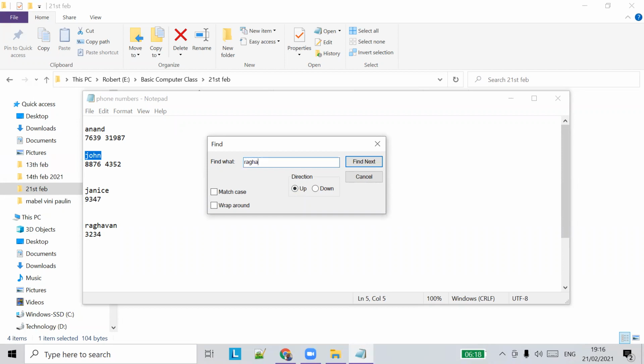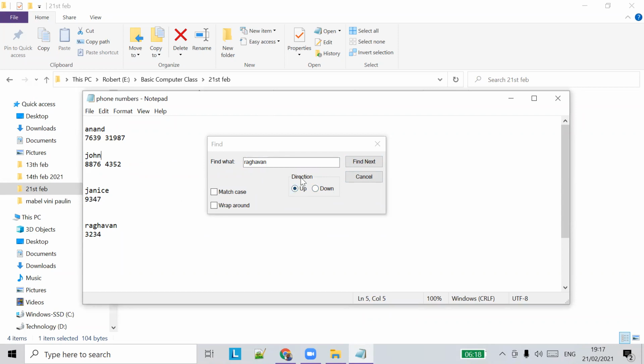So if you want to find Raghavan, what will happen now? Will it search or will it throw an error? Somebody can answer. I'm asking, do you understand? If I click find next now, will it search or give an error? It will not search, because Raghavan is below, and we are searching up, since our cursor is here.